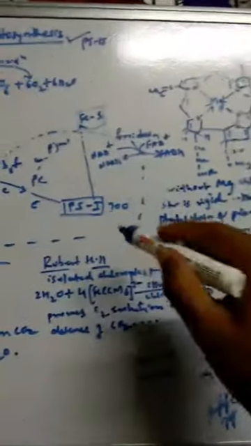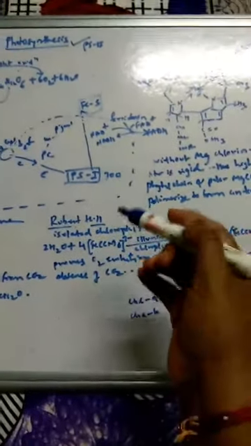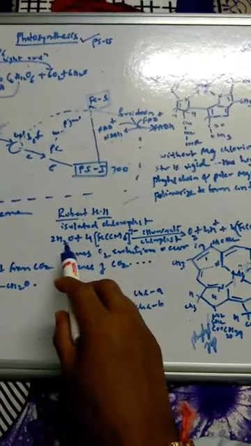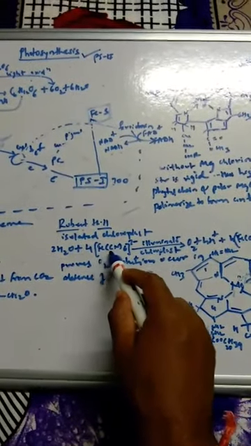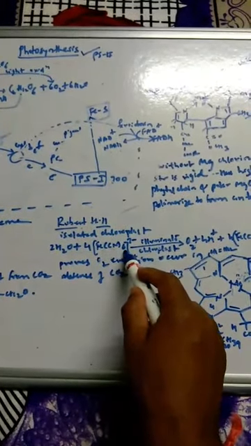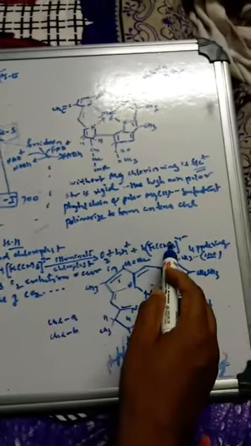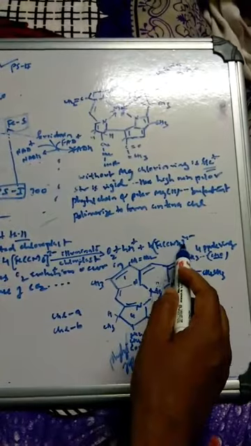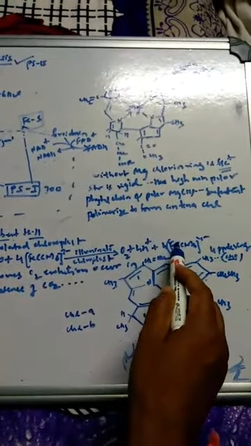So here Robert Hill, a named scientist, performed an experiment. He took a water molecule, isolated a chloroplast and illuminated it, and instead of carbon dioxide he used potassium ferricyanide, Fe(CN)6 3 minus. What happened is that oxygen was liberated and potassium ferricyanide was reduced to potassium ferrocyanide, Fe(CN)6 4 minus, Fe from plus 3 to plus 2. It has been reduced.